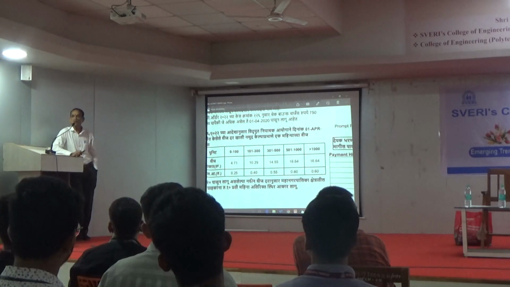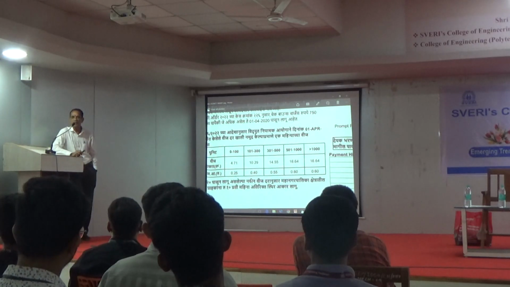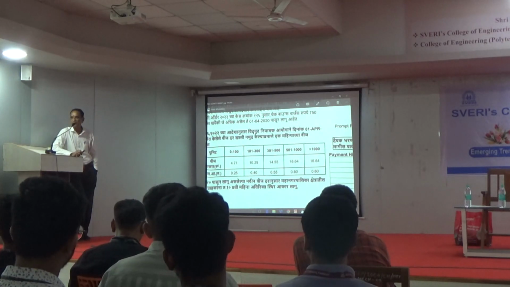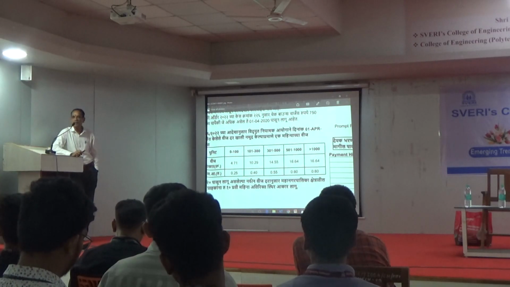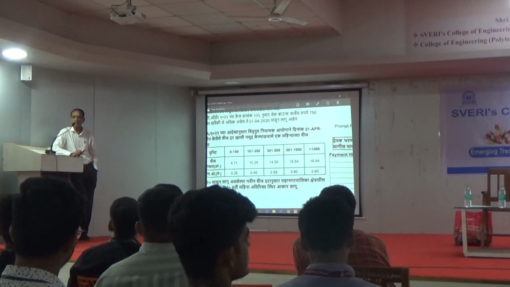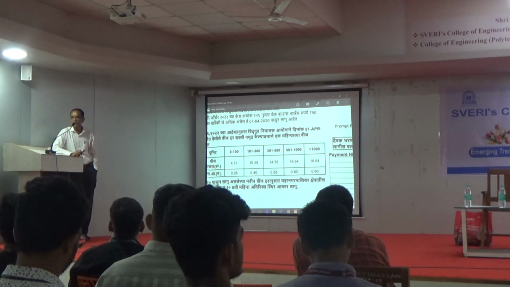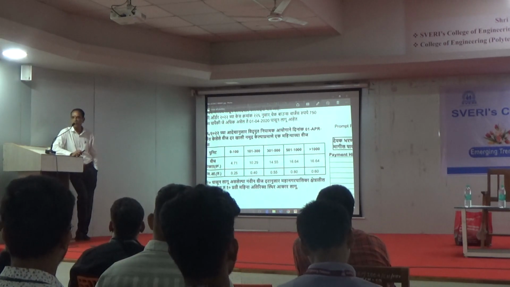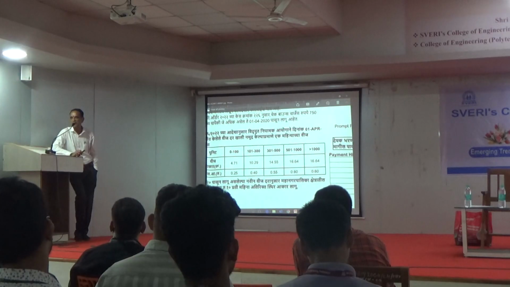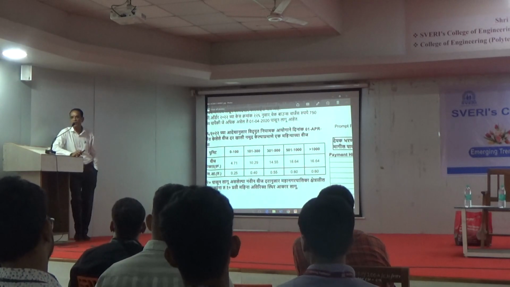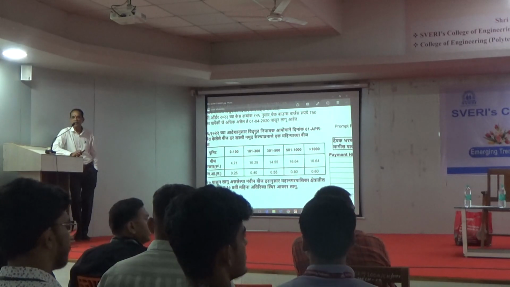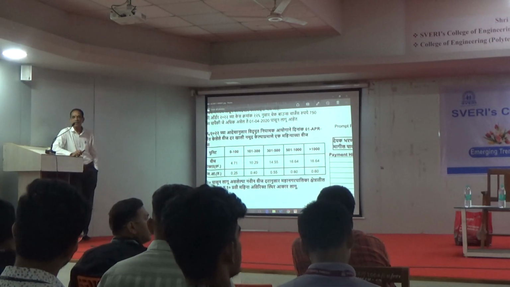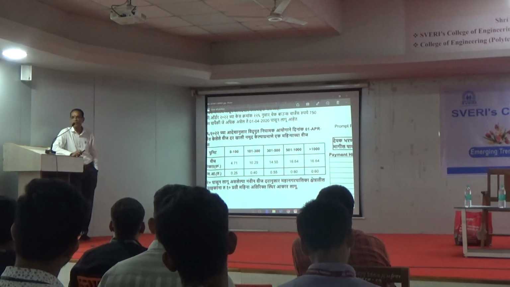Okay, there is one common figure, 396 units per year. Any 5-star fridge will come with 398 units, 396 units, or even 400 units per year. So how will you calculate? Number of units divided by 365 is the consumption per day. And divided by 24 is the wattage, the continuous consumption of that particular fridge.